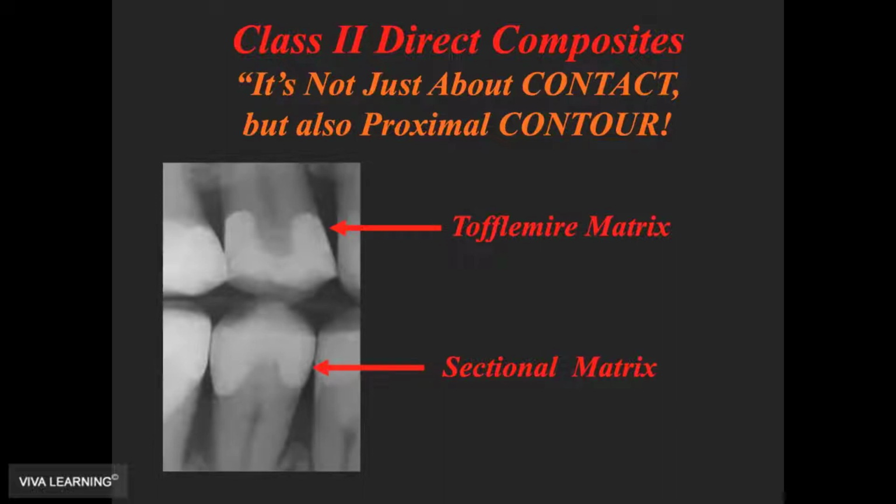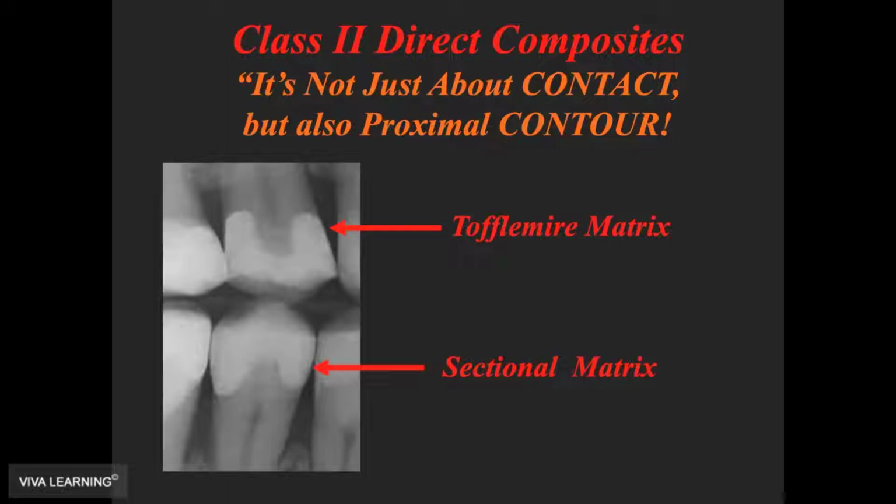matrix. Sectional matrix bands are concave on the inside and convex on the outside. Hey, that's what teeth are shaped like. They're not shaped like Tofflemires. So many of us have transferred from amalgam to composite, but continue to use amalgam paraphernalia to place composite. That's problem number one. And the biggest challenge with the sectional matrix, though, Bob, is that those bands are so